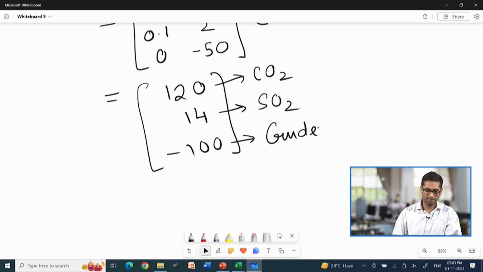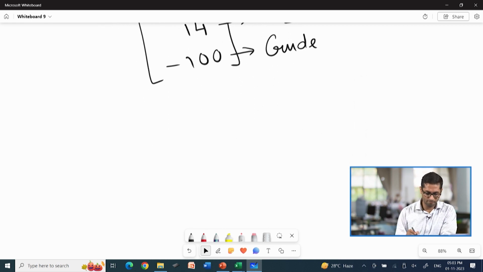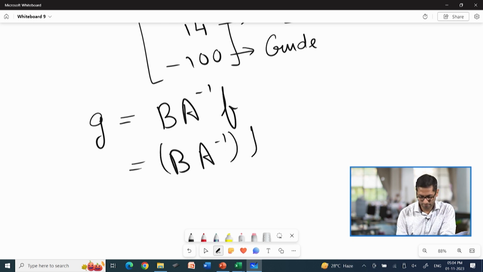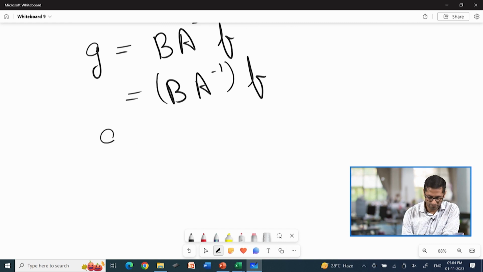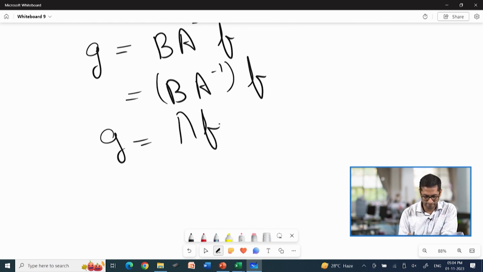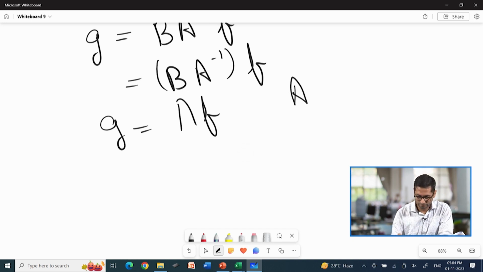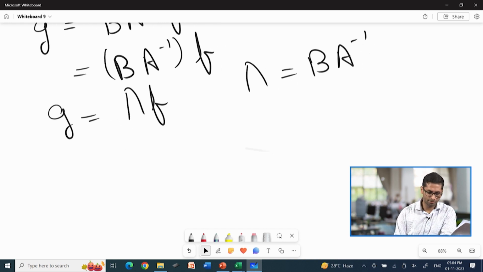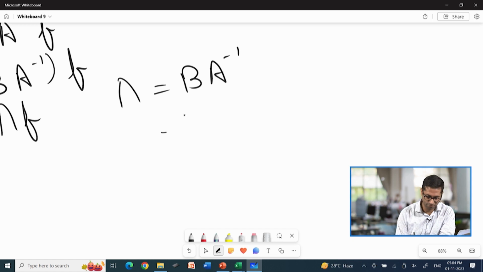Further, we can also simplify this methodology by using the combined matrix, where the total emissions G could be given by the multiplication of B into A inverse F. So I have just replaced the S matrix by A inverse F, and the B multiplied by A inverse matrix, I can sum it together, multiply that with F, and this could be denoted by capital lambda into F, where this lambda basically represents B into A inverse, and I can also directly have a value calculated for this lambda, which in this case would be